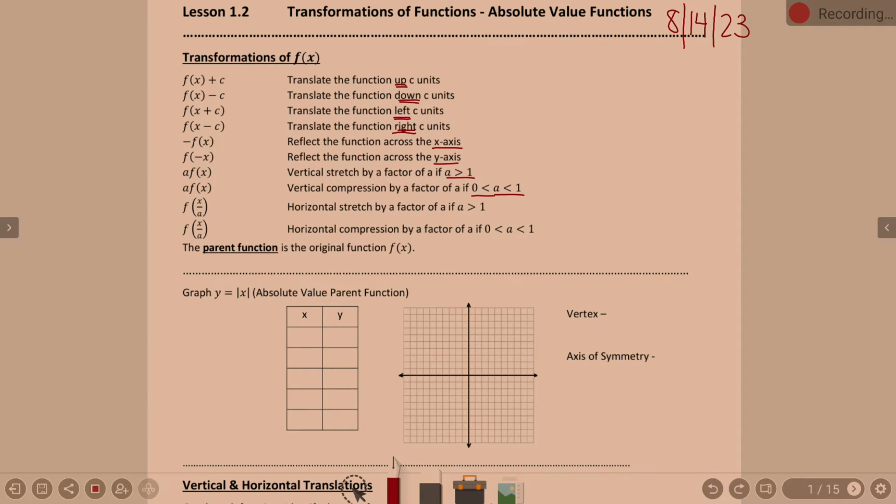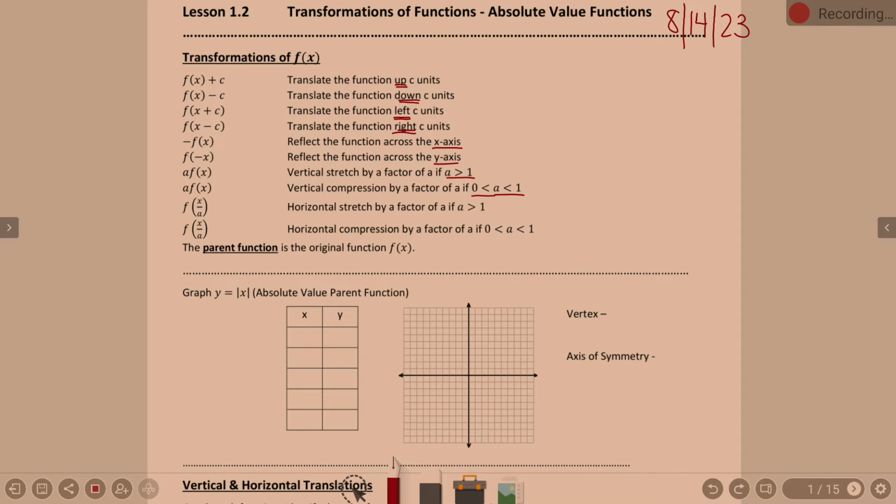Okay? Now, I will say, those are the ones we use the most. I'm going to throw these in. We don't use them that often this early on, so don't be surprised if you don't see them at all. Not saying you won't, but with these options, notice the a value is inside with the x, and it's dividing. So if it's x divided by a value,